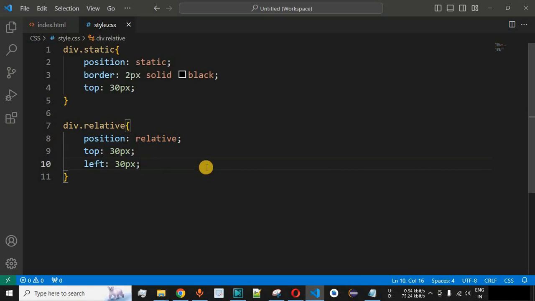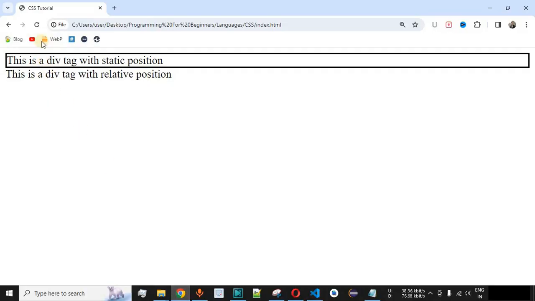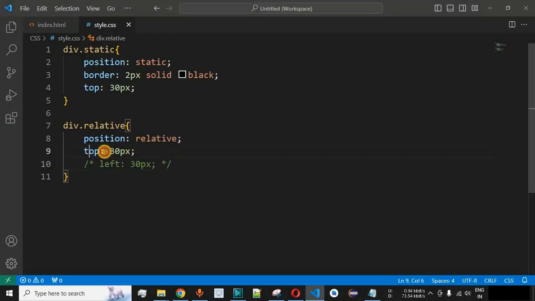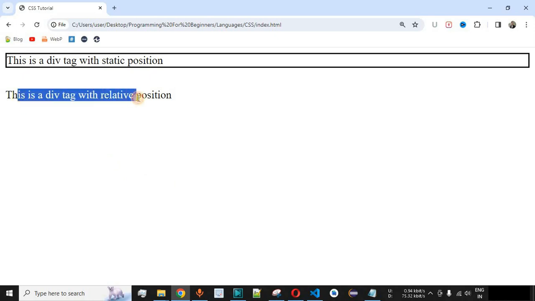First of all, let us check how the top property will work. So let me just comment out this line of code. Let me just save this file now and try reloading this page once again on the browser. So as you can see, this is the spacing that is being provided over here, which is 30 pixels right now from top, and this is the way that the relative position will work. So basically whatever its original position would be with static position property, from there onwards whatever value we provide, that is for the top or the left property or the other two, that is bottom and right properties, those properties will be implemented over here.